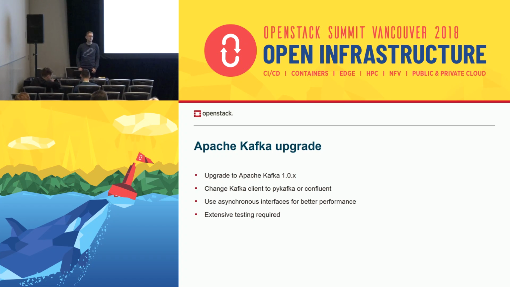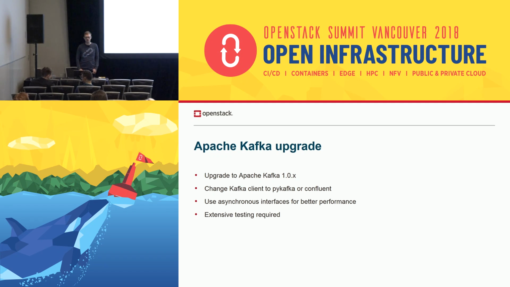We want to upgrade middleware, most importantly, Apache Kafka. On one side, we want to upgrade Kafka itself to the current stable version, but also we want to change the client. We are using Python Kafka in the synchronous mode at the moment.